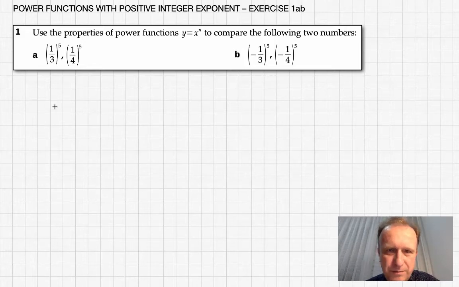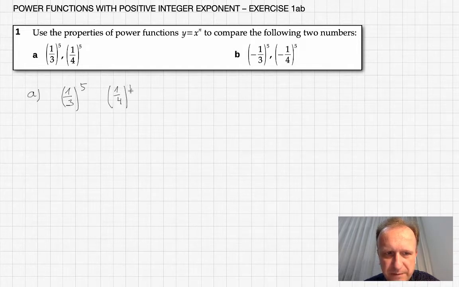Exercise 1, parts A and B. Use the properties of power functions y equals x to the power of n to compare the following two numbers. So here we are in part A. Let me write down these two numbers, 1/3 to the power of 5 and the other one is 1/4 to